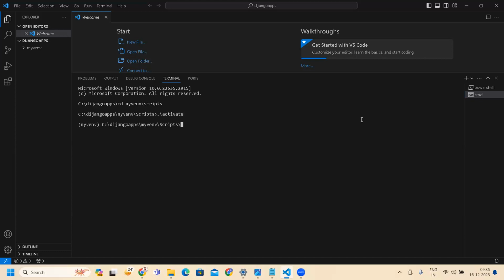Enter. Now you got it, right? Everyone do the same. It got activated, right? Those who are getting that scripts is disabled error, you can go to that command prompt and from that command prompt, execute this /activate.